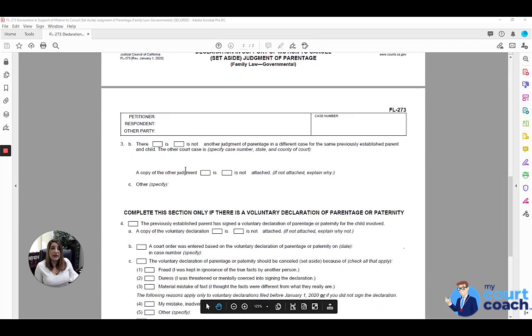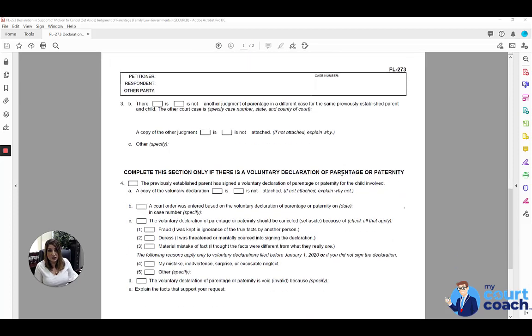If there has been another judgment of parentage in this case for the same previously established parent and child, you'd want to notify the court of that by saying there is. And if there is, you need to list the case number, state, and county of the court. If there is not, then you can just write is not. If you have a copy of that judgment, then you would want to attach it to this form. If it's not attached, explain why you weren't able to attach it. If there's anything else regarding a different judgment of paternity pertaining to this set-aside request, you would specify that in